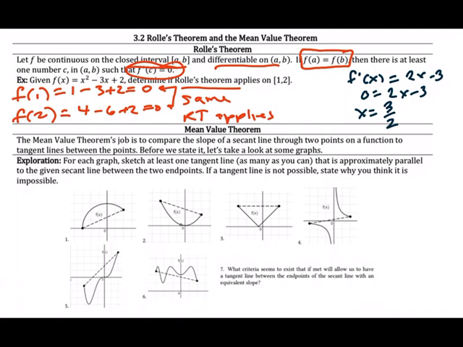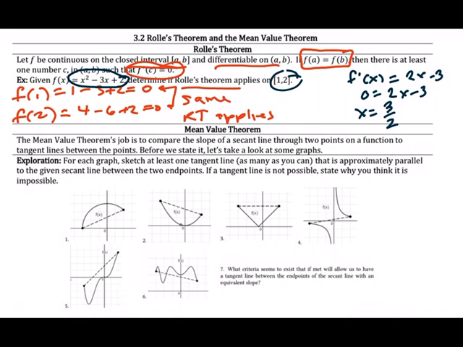So you either need to be given an interval on which you're checking, or occasionally I have seen textbooks ask you for the zeros. If that were the case, you would figure out the two values that make this 0 by factoring, and then you would use those as your endpoints. Let's go ahead and move on and talk about the mean value theorem, which is really the big part of